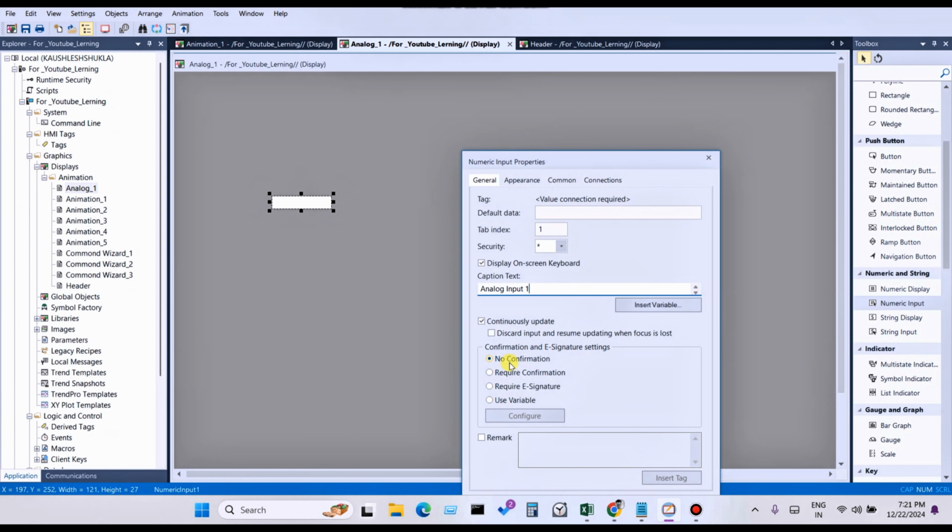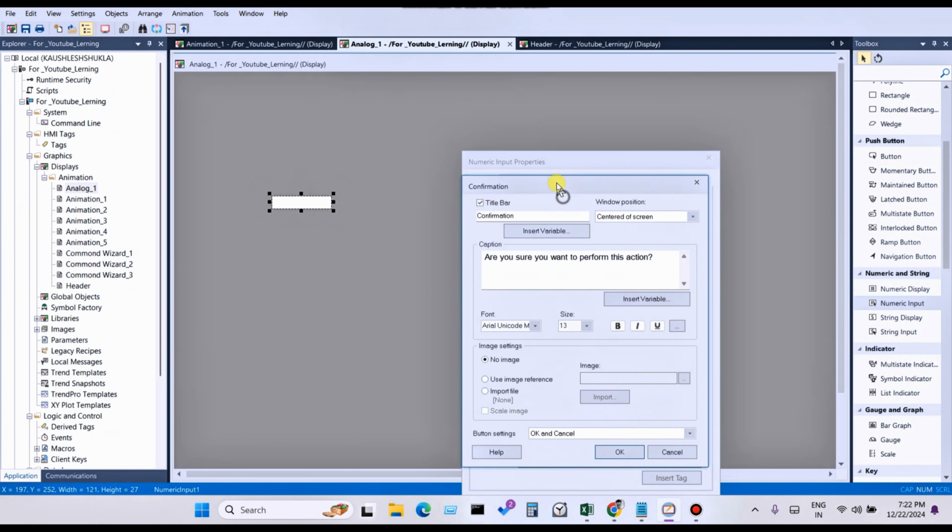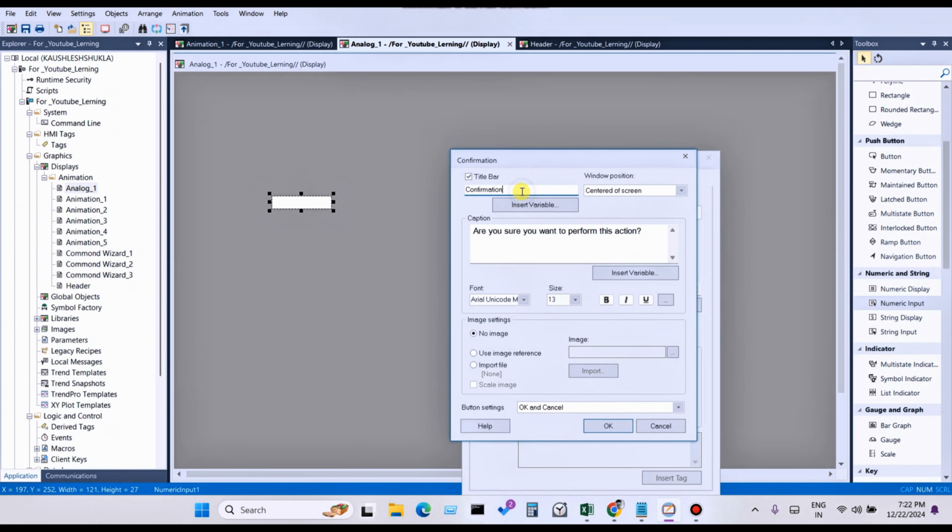There are three types of confirmation: no confirmation, required confirmation, and required e-signature, and use variable. If you select no confirmation and you put something in numeric input, you don't get any pop-up related to confirmation. If you select required confirmation, click on configure, and here is a configuration pop-up. You can also write other things, for example, alert,